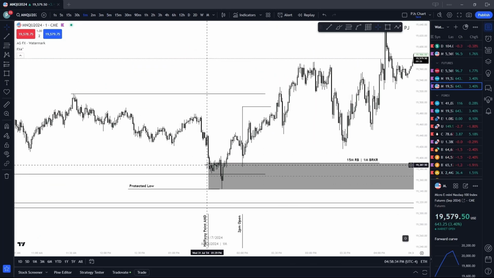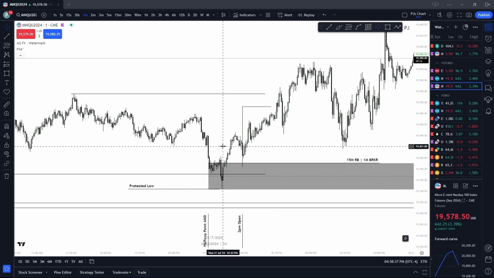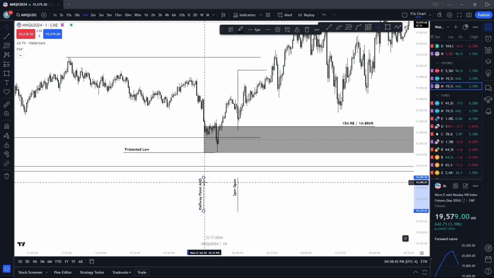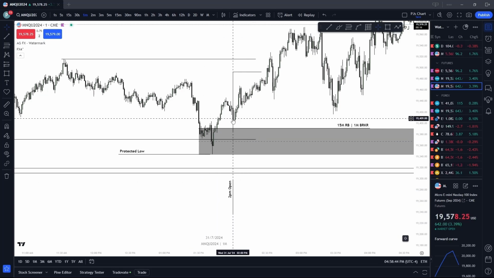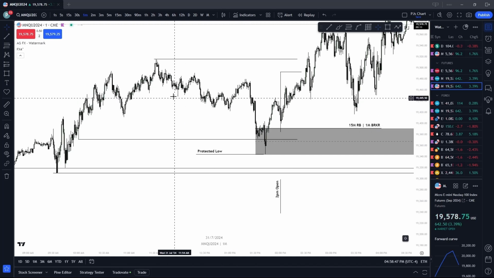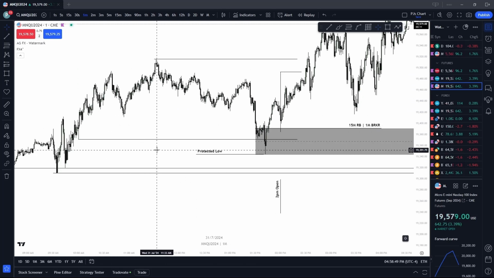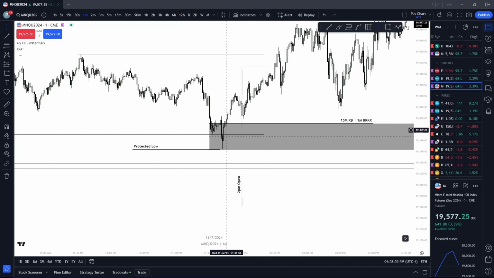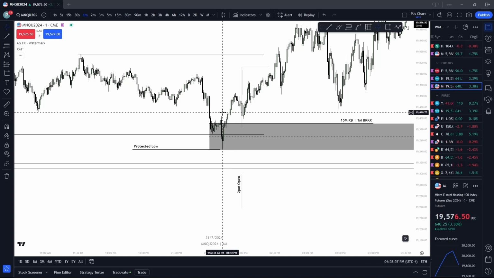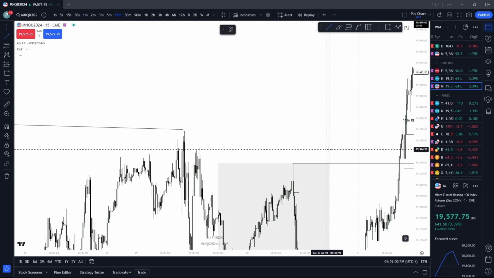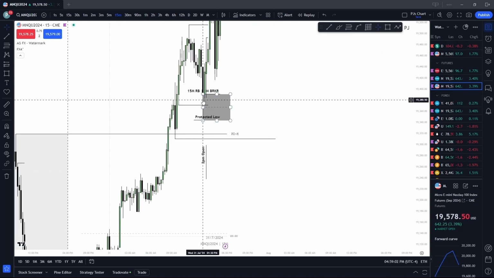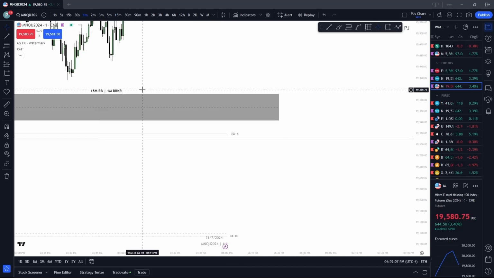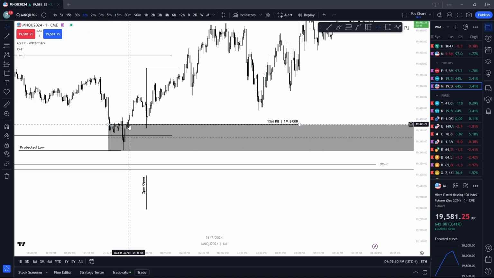Coming on the 1-minute, we see our accumulation, manipulation, distribution with our halfway point accumulation, our AMD, power of 3. Our halfway point with time, not price, into a ranged discount, into OTE. Noticing after our 145 candle closes here, let's go over here. Into the 145 close, we see a very quick move down at 146